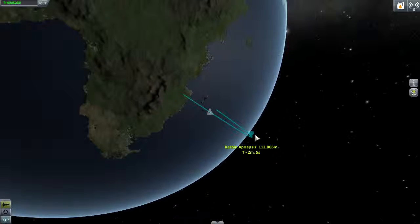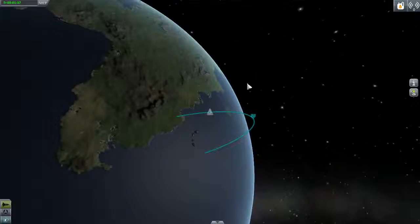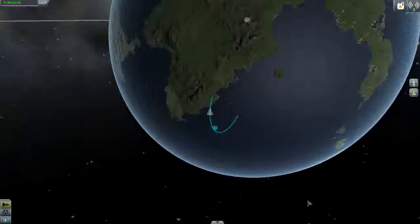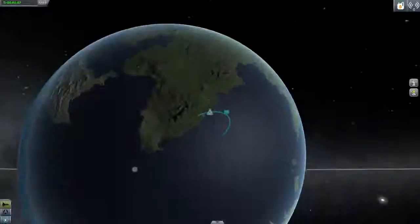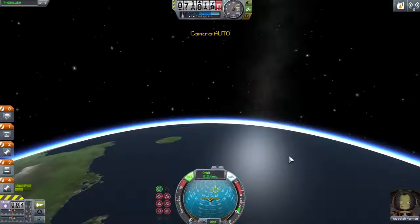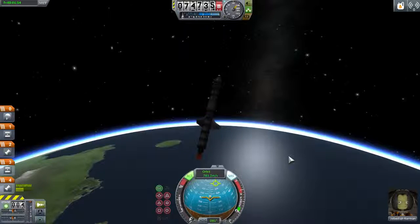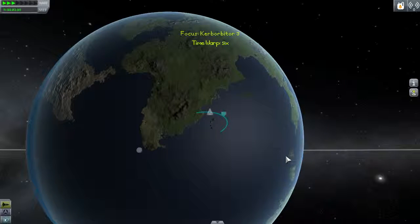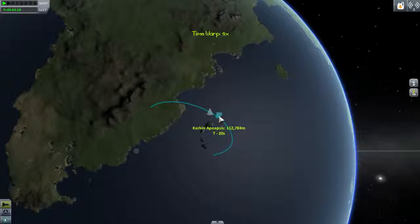112 kilometers. Let's see. Where do I want to land this puppy? We've been to the pole. We've landed in grasslands. It'd be neat to land in some desert or something, but beggars can't be choosers, really. So let's see how high we can get this thing. We're doing pretty well on fuel, so let's go back out to the map view. To the planetary view here. Let's aim our rocket